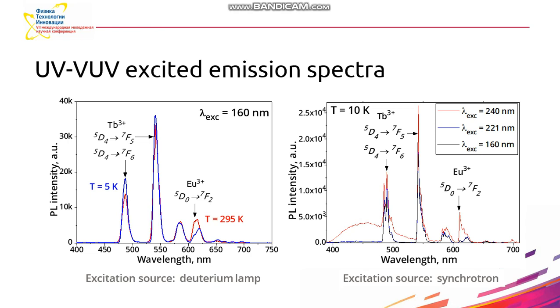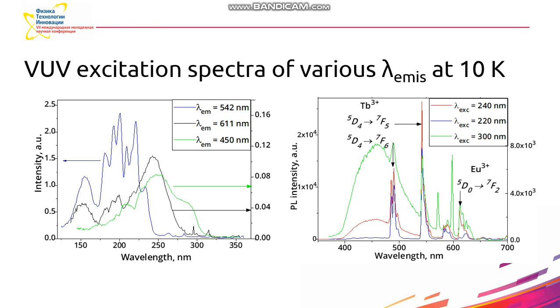Why does this happen? We need to consider excitation spectra. Here on the left part of the slide, the black line stands for the excitation spectrum for europium 3+ emission at 611 nanometers. And we can see that this band very weakly overlaps with the blue band, which stands for terbium 3+ emission. So energy transfer between these ions is rather weak, but this black band actually overlaps with the green band, which stands